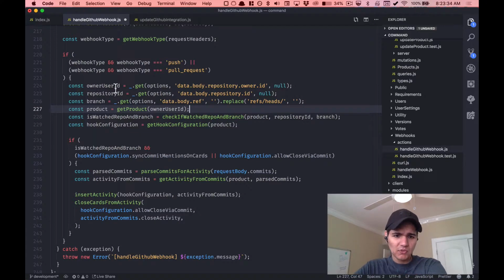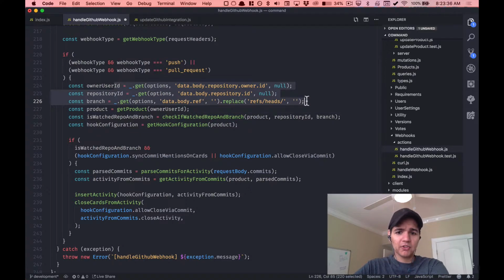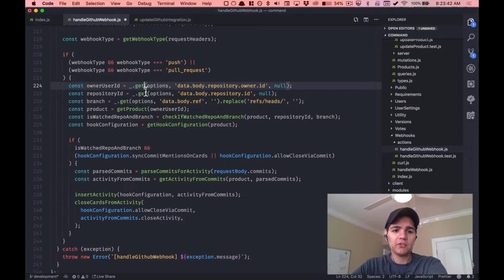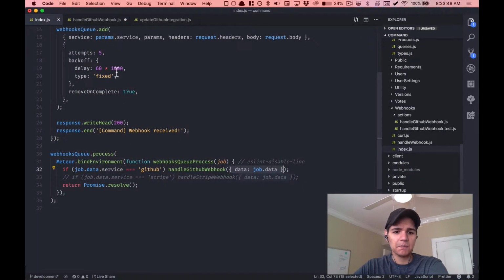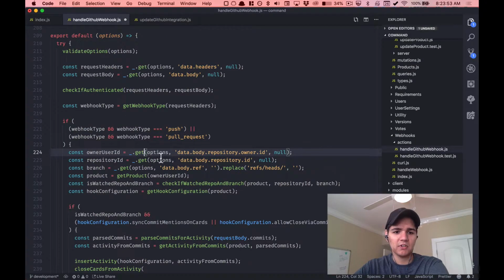So here what I'm doing is I'm just pulling data off of the request. So this isn't anything special. I'm using the lodash.get method to say, okay, from the options object, and again, options is the object that's passed in here. So this is equal to options here. So it comes in, and then eventually we get down to here, and we're trying to pick stuff off of it. So what I'm saying is, okay, from the data property of that options object, we want to try and get to